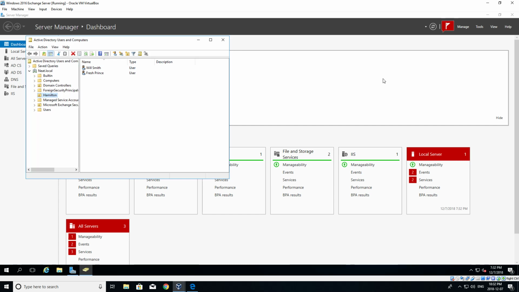So right now I've opened up to my Hamilton directory. As you can see, there's Fresh Prince and Will Smith. I want to go take a look to see what we have in the computers. And here you can see the 3 computers that we have: the desktop, a backup, and then a web server. Now from here,